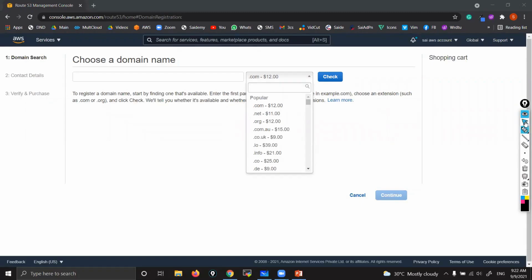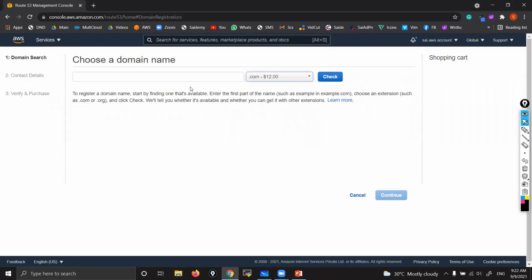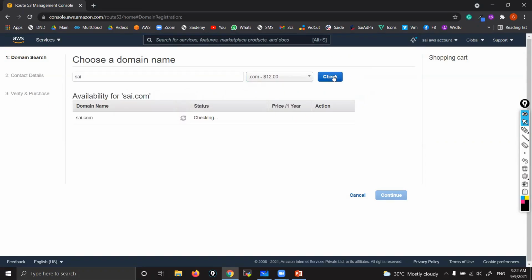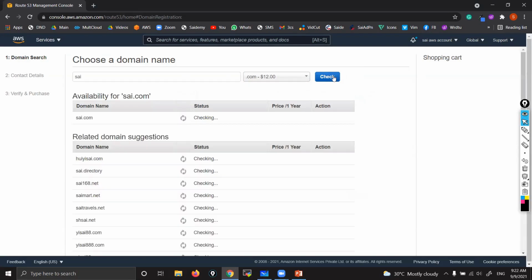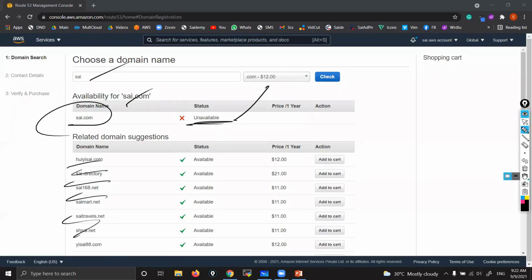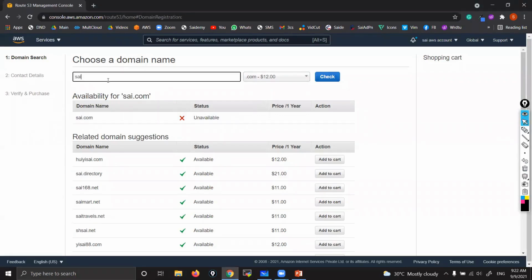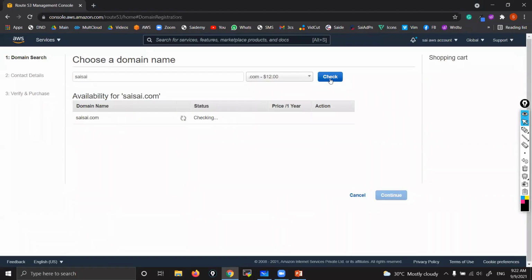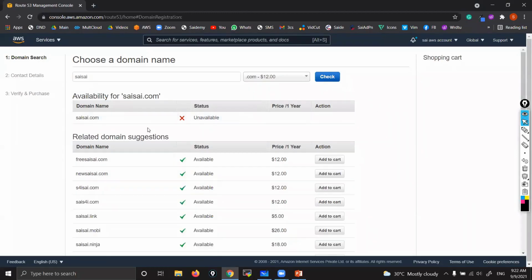Okay, suppose I want .com. In that, which name do you want? Like sai.com. I want to have www.sai.com, but I need to verify. See here, when I click check, it will verify whether that name is available or not in IANA. This AWS will verify. It is saying that, hey, sai.com is already taken by someone else. It is not available. You better choose some other name. See, they are giving suggestions. You can choose all these things. For example, I'll give one more site. Check. That is also not available.